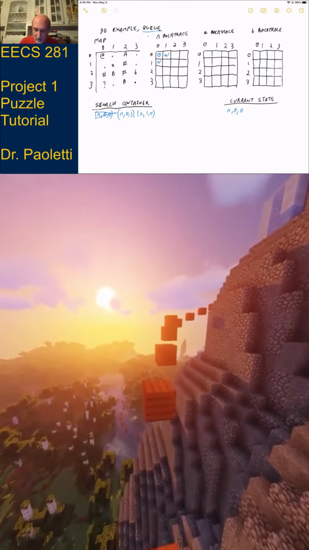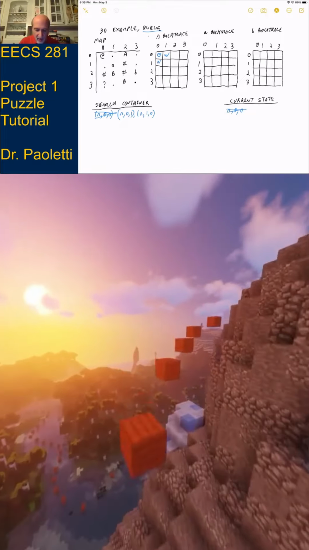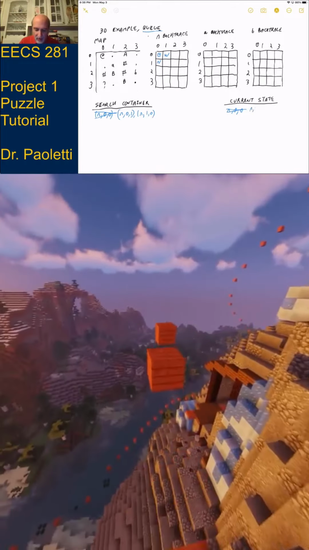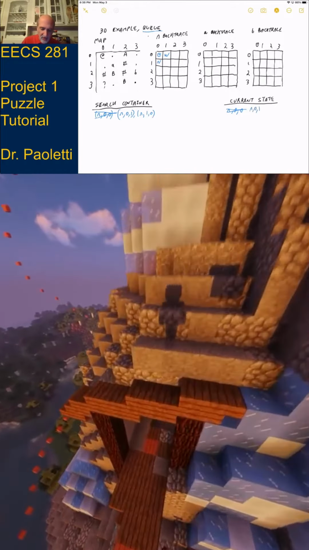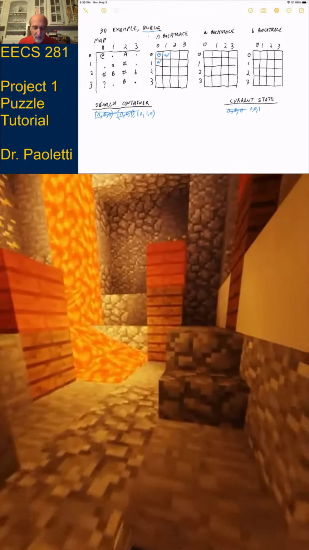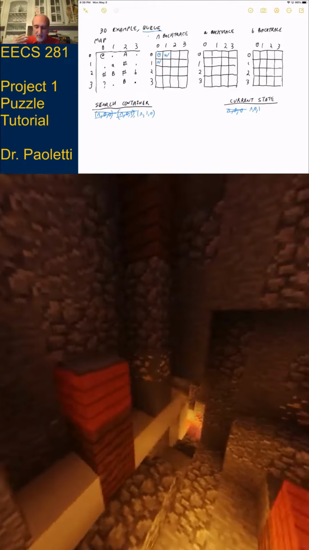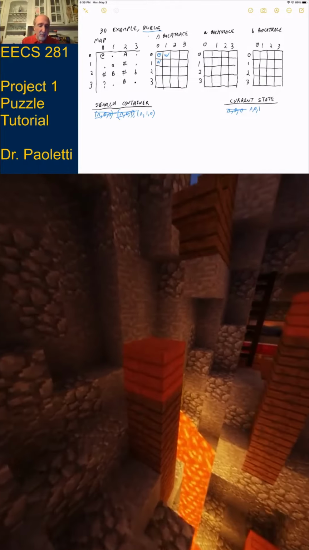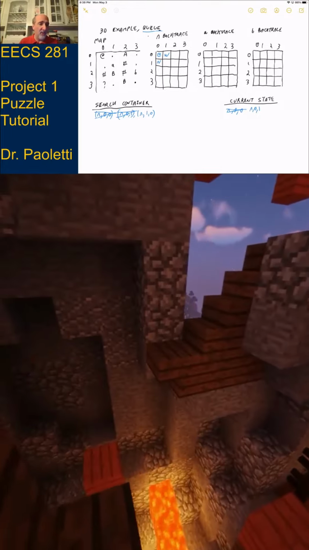All right, go back through the loop. The current state gets replaced with the front of the queue, so that would be caret 0, 1. I'm going to leave off the parentheses on the current state to save me a little bit of time. Okay, caret 0, 1 gets removed from the search container, and now we investigate caret 0, 1. Am I standing on a button? No. Okay, I do northeast, southwest stuff. Can I look north? No, doesn't exist.